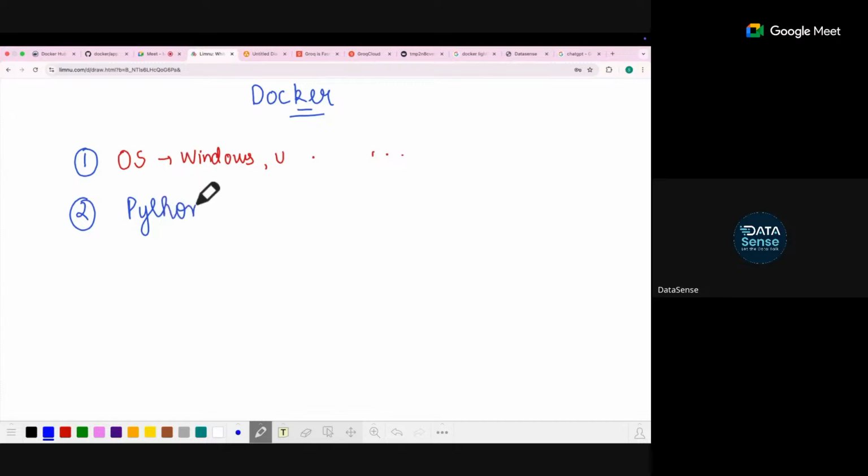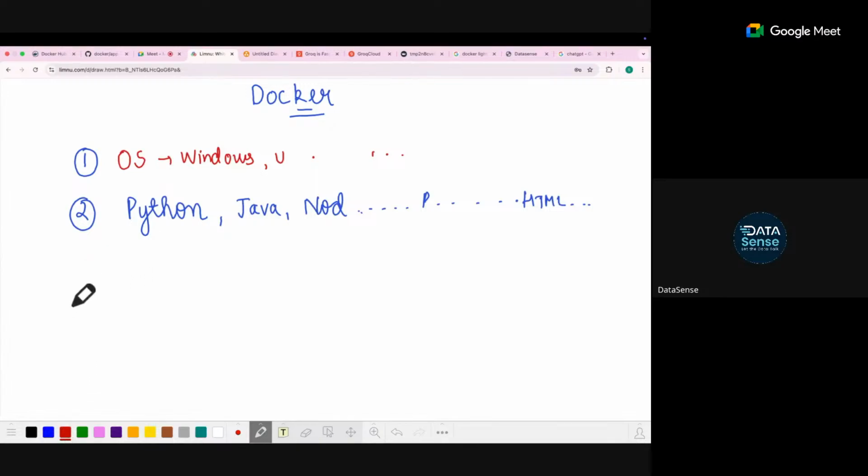Try running this code. If you don't have Python installed in your system, it will not run. If it was a Java file, you need Java in your system. If it's a Node.js file, you need Node.js. If it's an HTML file, you need an HTML thing in your system. So for this application, we need Python in our system. Agreed?